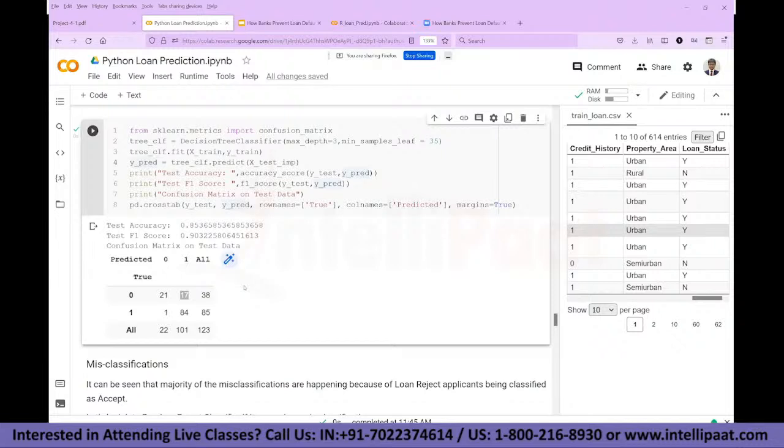There are only two ways to improve your model. Either you improve your data set, that means you do better pre-processing, use better features, and so on, or you change your algorithm, try multiple algorithms, or hyperparameter tune those algorithms to get the best